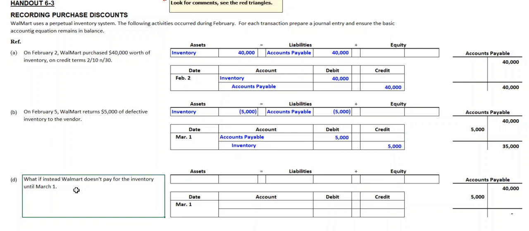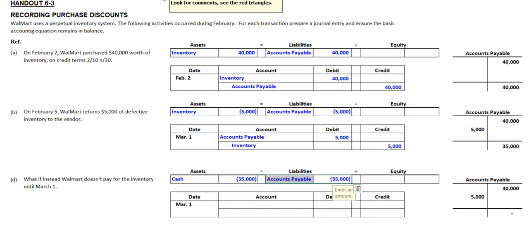Now, if instead Walmart doesn't pay for the inventory until March 1st, it's not entitled to any discount. So we will owe the full $35,000. We'll have a decrease in assets of $35,000. We'll have that offset by an equal decrease in liabilities of $35,000. And of course, to record that decrease in liabilities, we debit accounts payable for $35,000, and we credit cash for $35,000. And again, we can see we've fully paid off our payable balance. Originally it was $40,000. We returned $5,000 worth of merchandise, and we made a payment of